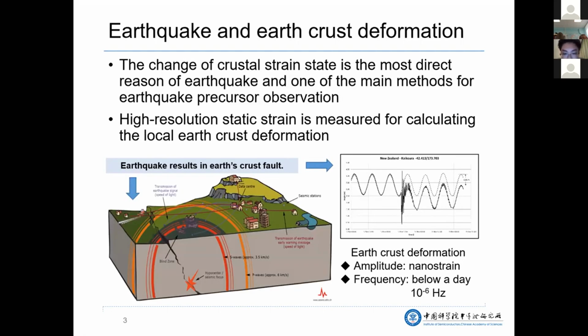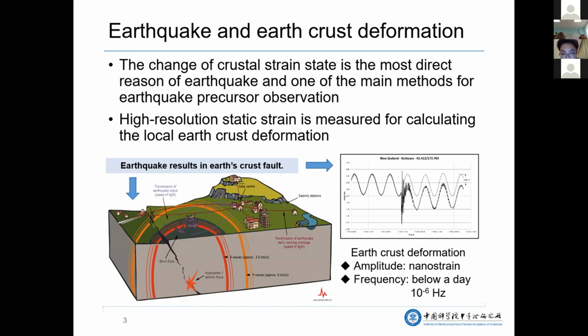Now I will introduce the background first. Nowadays, for every country, earthquake monitoring is important because it is the most serious disaster. The change of cluster strain state is the most direct reason of earthquake and one of the main methods for earthquake prescription observation. When an earthquake is coming, the strain state of the earthquake deformation will be changing, but its amplitude